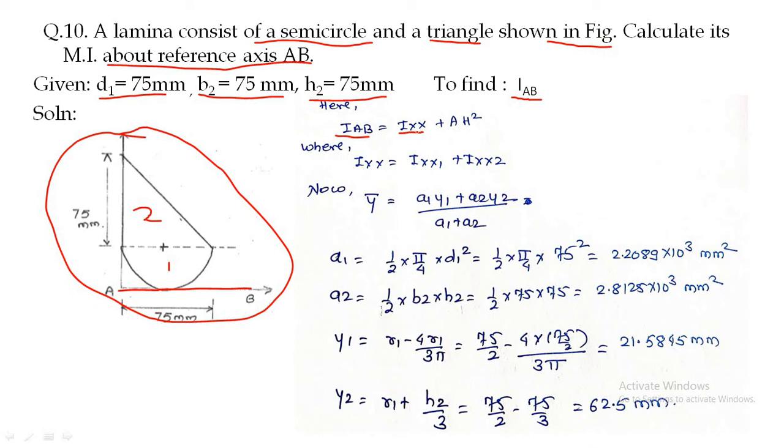How will we calculate Ixx? We will calculate Ixx, the moment of inertia about the horizontal centroidal axis of the whole plane, as Ixx1 plus Ixx2. In due course, we will understand what Ixx1 and Ixx2 are. We may have one doubt here: in the last question, we found Ixx as Ixx1 minus Ixx2, but here we are using the formula Ixx1 plus Ixx2. The basic change here is the addition sign.